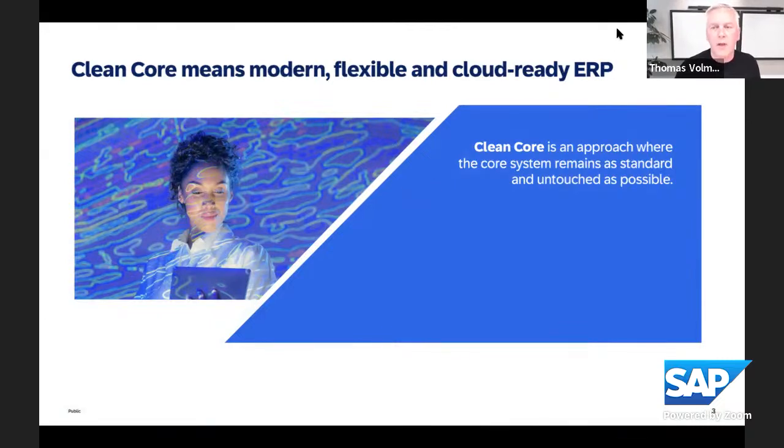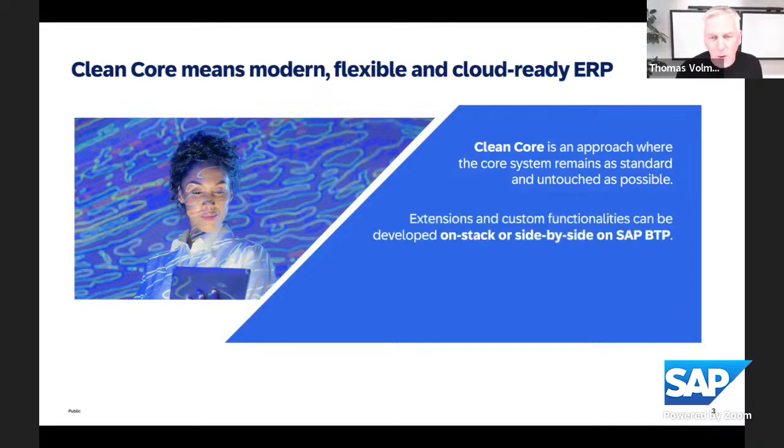So cloud or clean core is an approach where the core system of the application remains as standard and as untouched as possible. And you will see what I mean with that later onwards. Of course, the value proposition is that extensions, so anything that you as a customer or you as a partner for a customer extend, or you're building custom functionalities,